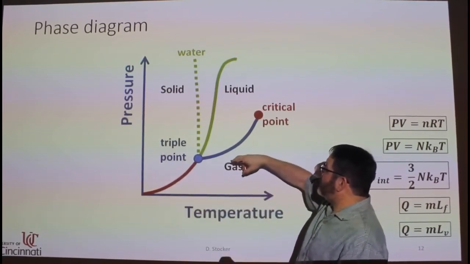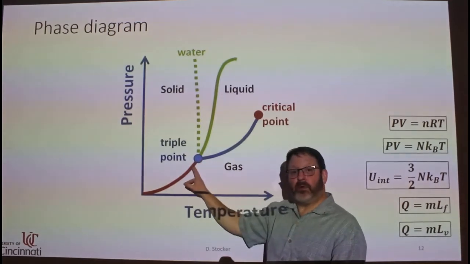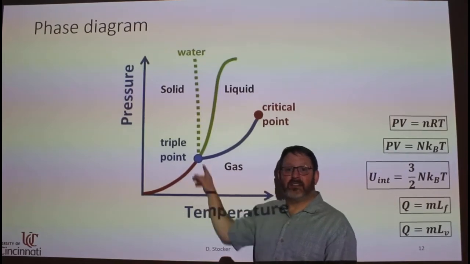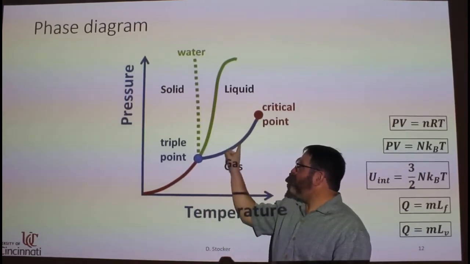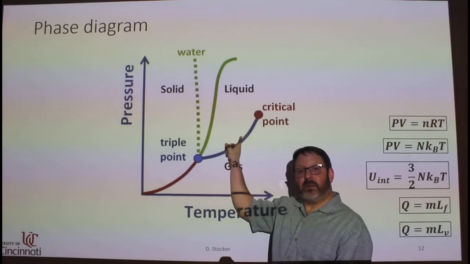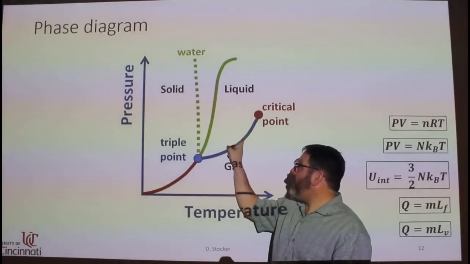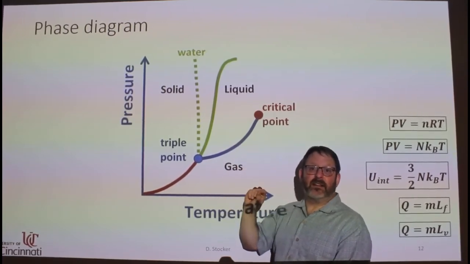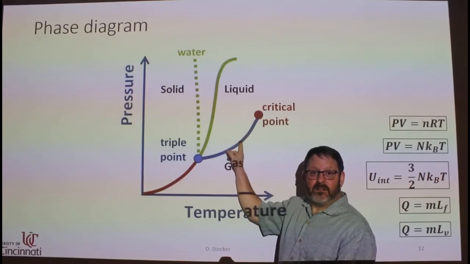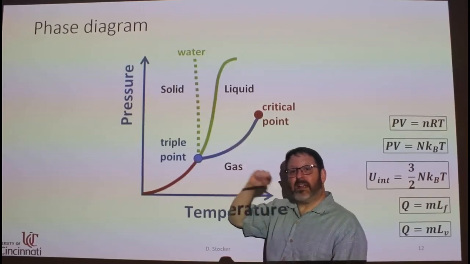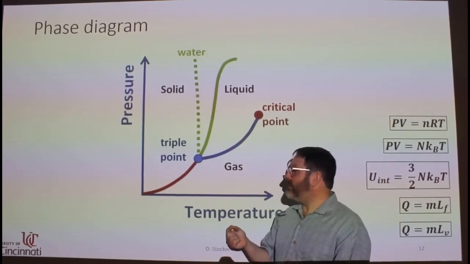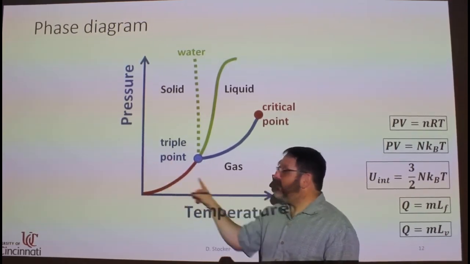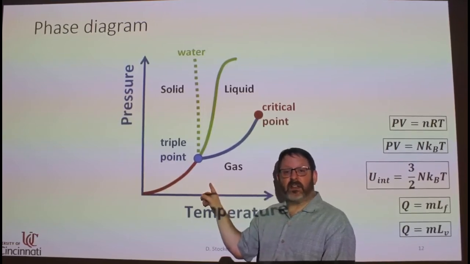A couple of interesting things here. One, this triple point. At this point, solid, liquid, and gas can all exist in the same material. Here, you can think of this line as being the point where water boils. So at that specific temperature and pressure, you've got gas bubbles inside the liquid water. So gas and liquid together. Down here, you can have gas, liquid, and solid all at the same time. Below this point, we transition directly from solid to gas without ever having liquid.